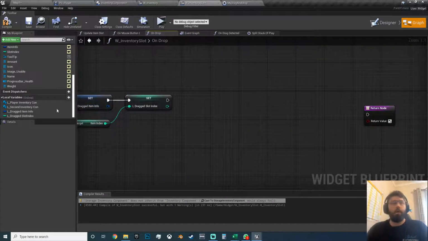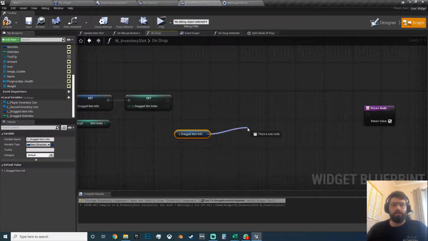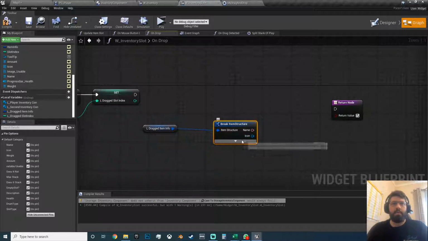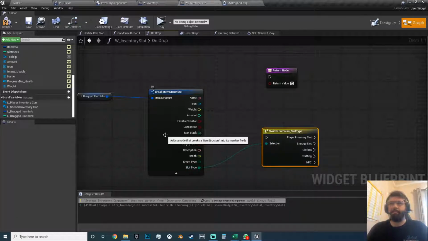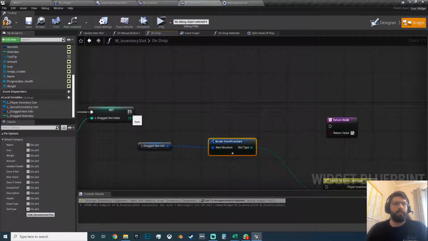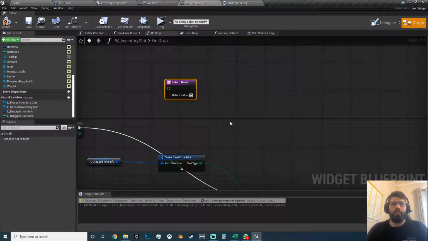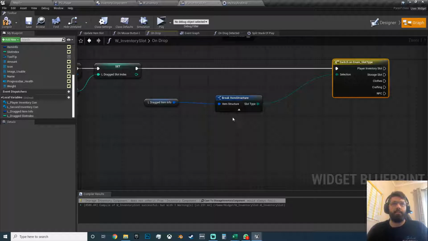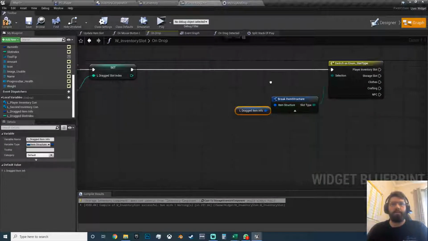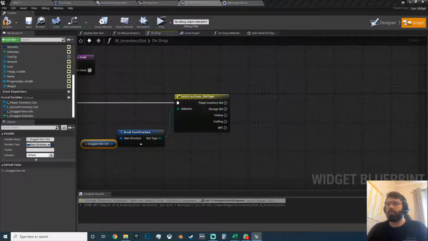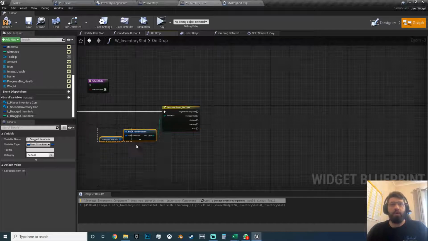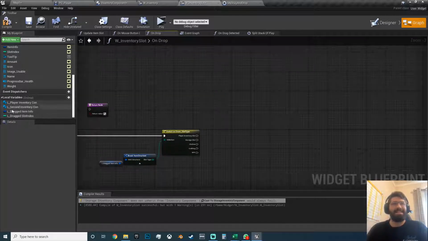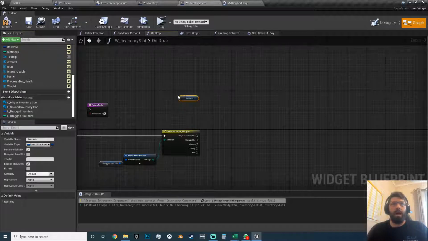So, off our dragged item slot, we want to break, and we want to switch on enum, hide that, come into here, move him out the way. Okay, so bit of space. Right, I have got first player. So is the dragged slot the same